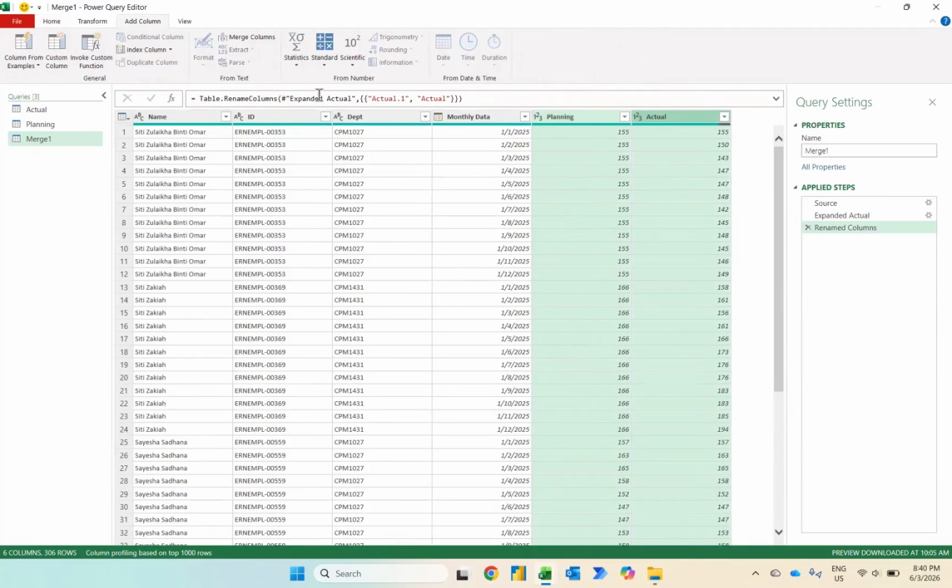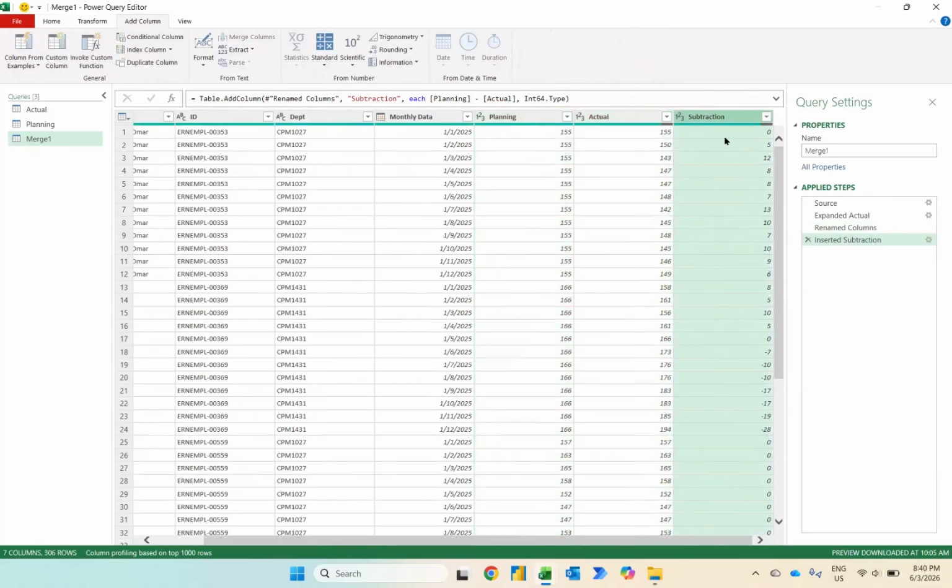So under the add column, I'll go to standard and then press subtract. Here we can see whether they overwork or underwork and so on. If they say positive, it indicates they underwork. If 0, it means normal. If negative, it means they overwork. So I'll just go to conditional column